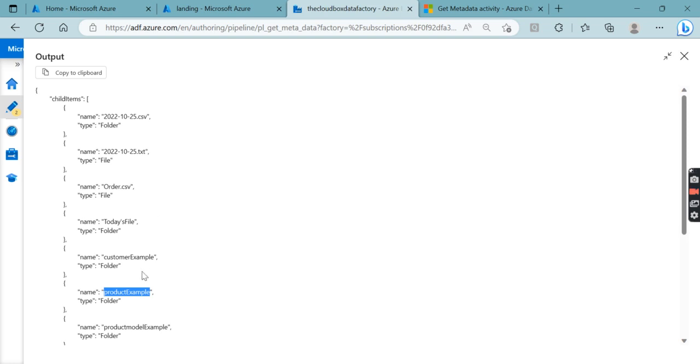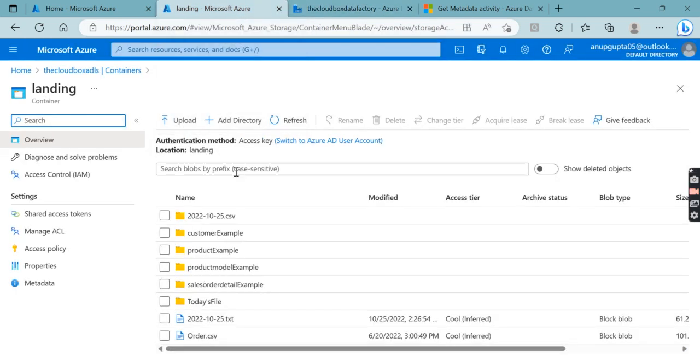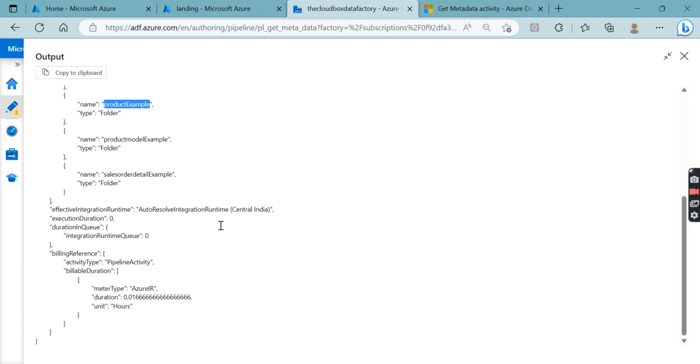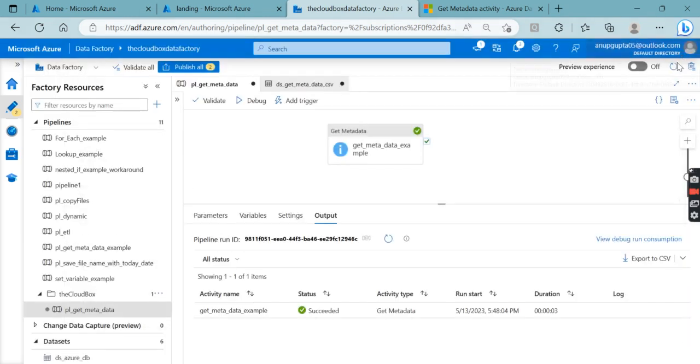These are all items present in one folder. These are all called child items, present in one main folder. Just go and check whether all details are present or not. We can see, right, all details are present. This is what child items generally does. What is the use of that? We can see that. Okay,